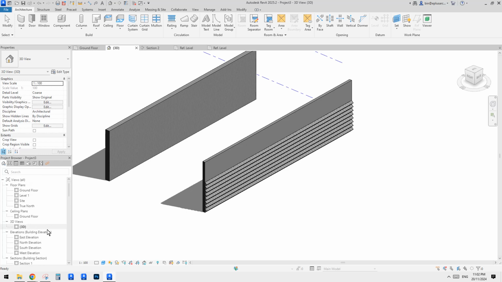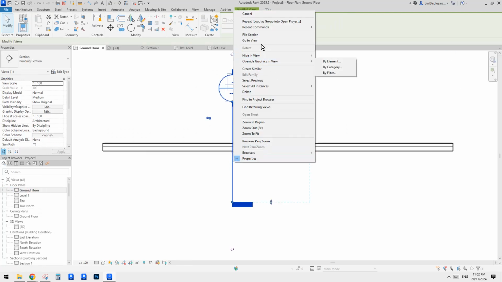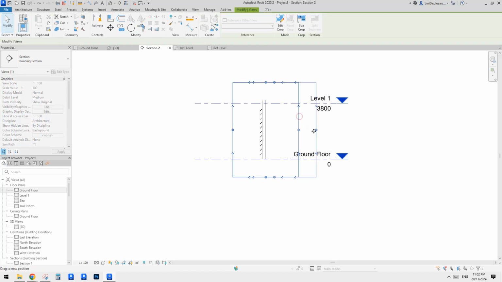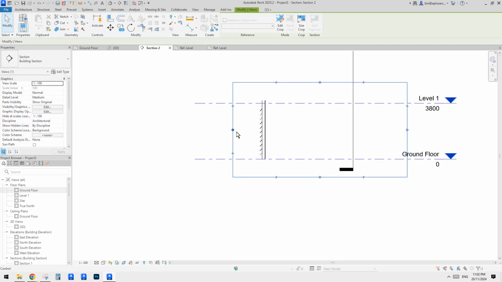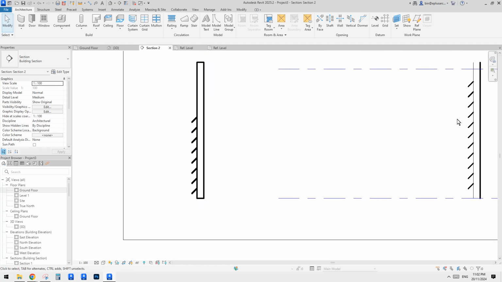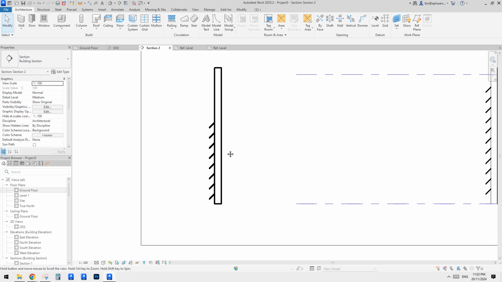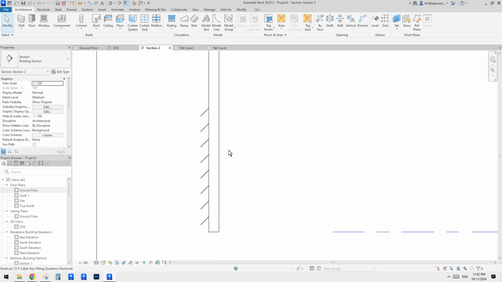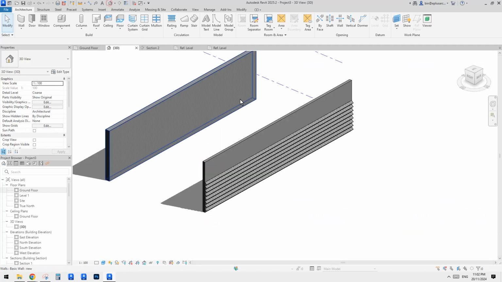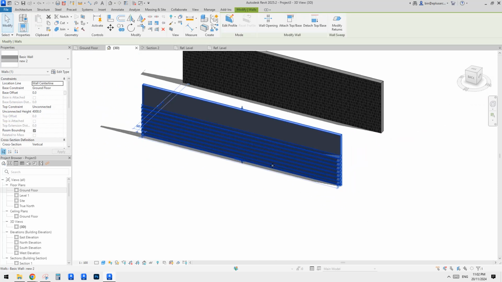Where's my view, floor plan, right? If you go to a section view, I'll just drag this one. Oh, where's my wall? Oh, here. So at least you don't need to do the detail element anymore, so it's already there, right? It's a part of the model. Yeah, so I think I will probably do this one because it's very